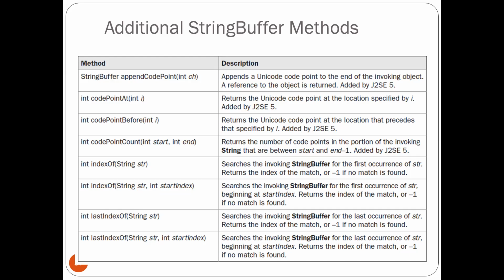Again, this method returns the index position where there is a match. If there is no match, then it will return -1. Then lastIndexOf. It will return the last index of the given string. Whereas indexOf returns the first occurrence, lastIndexOf will return the last matching index. Similar to the indexOf method, it has one more overloaded version. This lastIndexOf takes one more argument, the starting index, from where it has to start the searching.